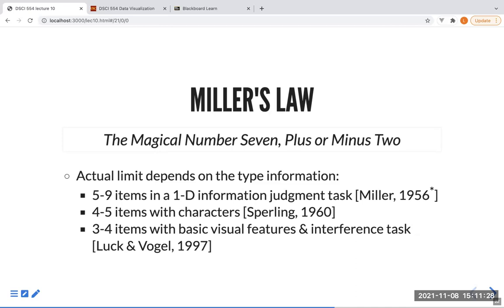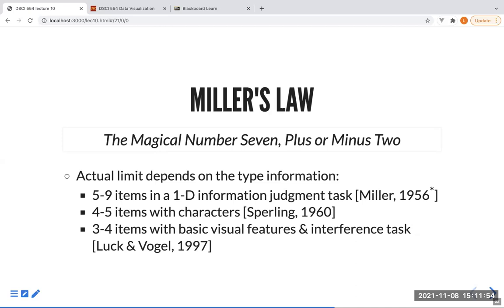When we use attention, if we have more than 4 or 5 keys in a legend that are of type characters, we're not going to be able to remember which one is which. And then 3 or 4 items if you do basic visual features, that is dots, lines, corners,